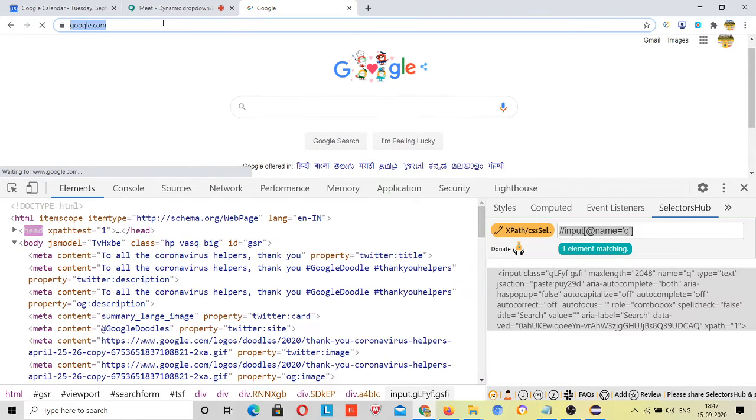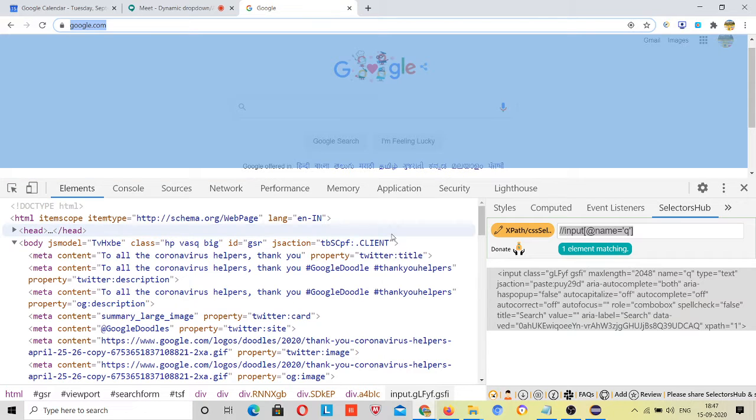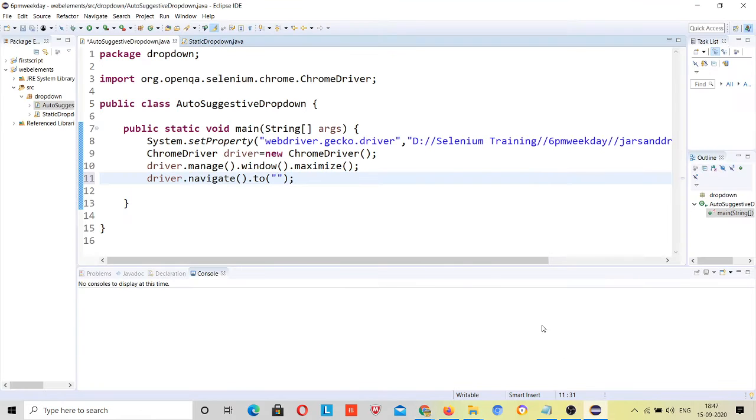Google.com. Sometimes people generally don't copy HTTPS, or some websites are HTTP only, right? They don't purchase the certificate for security, that's why it's mentioned HTTP only. My website, College to Industry, is HTTP only, right? That's why. And here you need to send some keys. Sorry, here you cannot send.